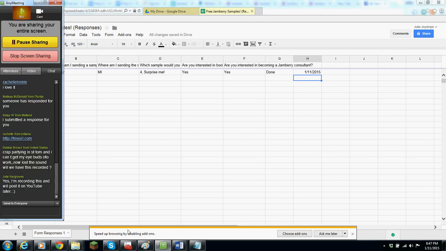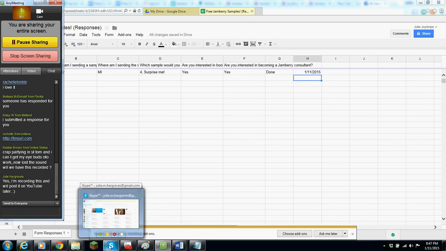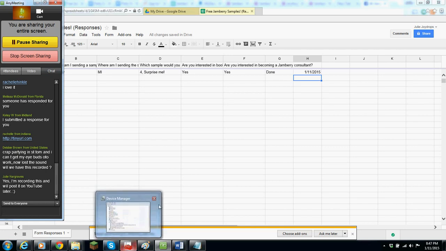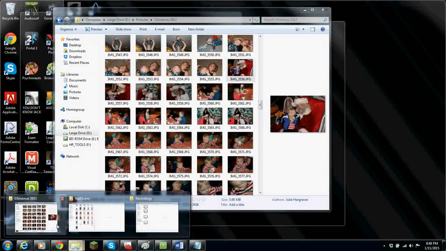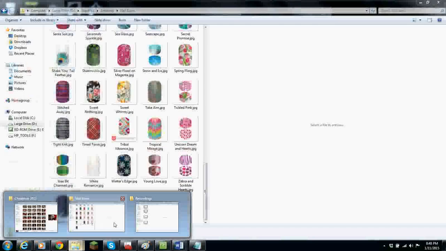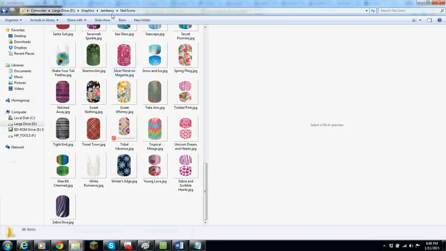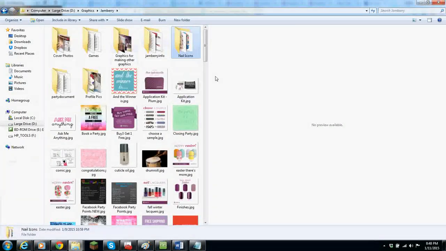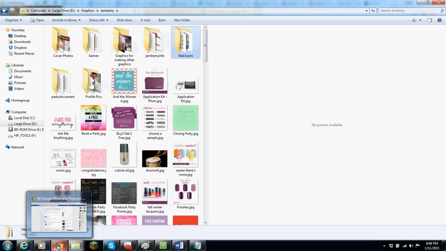We got 15 minutes left. I wanted to also cover how I share my files with my downline. Now, you notice I had on my hard drive, oh, look at all my Christmas pictures. I have all my Jamberry stuff in one folder, graphics, Jamberry, and all of the different things that I use for parties. What I actually do, and I'm going to show you